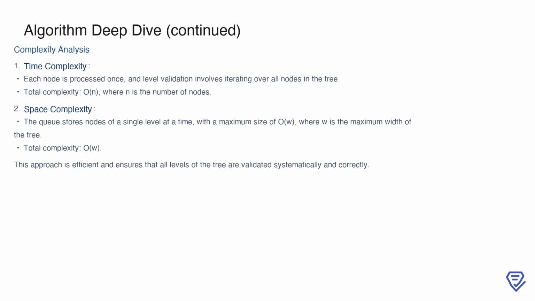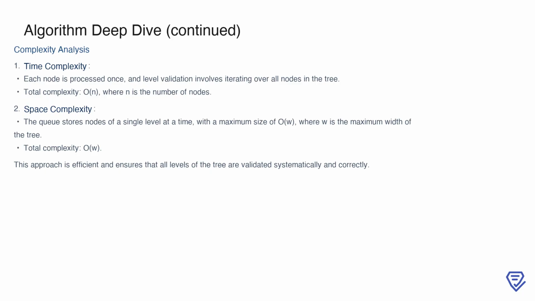Each node is visited once, and level validation involves iterating through the nodes in the current level, ensuring systematic processing. The space complexity is determined by the maximum width of the tree, as the queue stores nodes of a single level at a time. This gives us a space complexity of O(W), where W is the maximum number of nodes at any level. Overall, this approach is both time-efficient and space-efficient, ensuring that all levels are validated methodically while